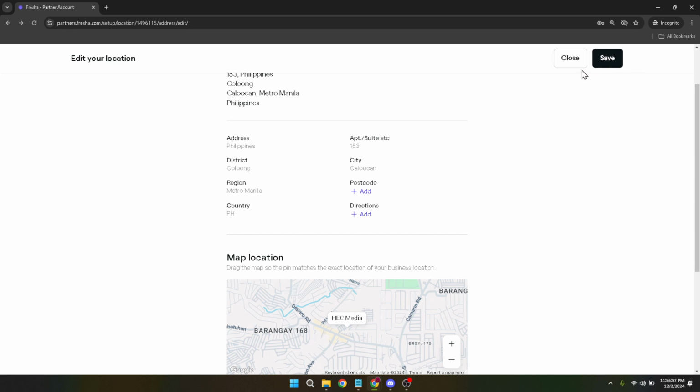To sum up, updating your business location on Fresha involves a sequential process of logging in, navigating through the settings to your business locations, and making precise edits. Remember also to save your changes to keep everything up to date. Following these steps will ensure that your business information is not only accurate but also beneficial in driving and maintaining client engagement. Staying current on Fresha helps your clients find you easily, contributing significantly to your